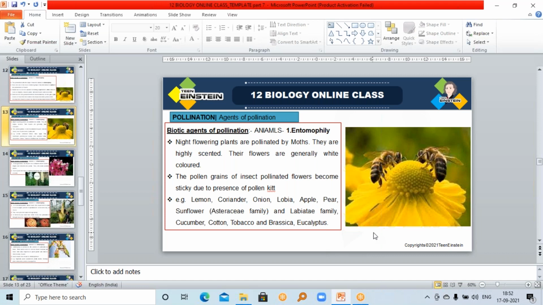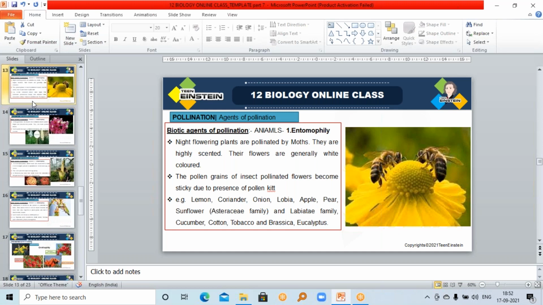You can expect one question from this for the NEET exam as well as your board exam. So many questions will be coming from this. Examples they may ask, and they may ask about the terms, what is pollen kit, what is entomophily, all these things. Okay, so note down the points. Next is